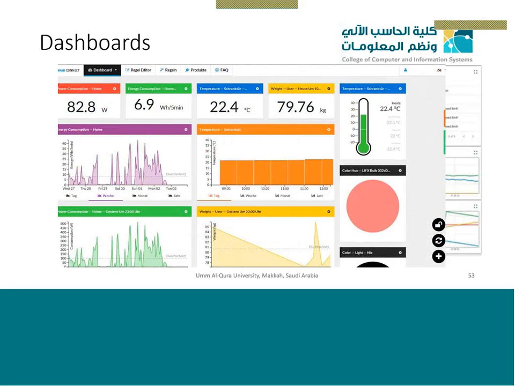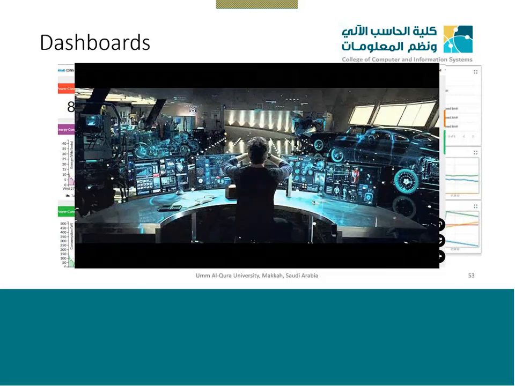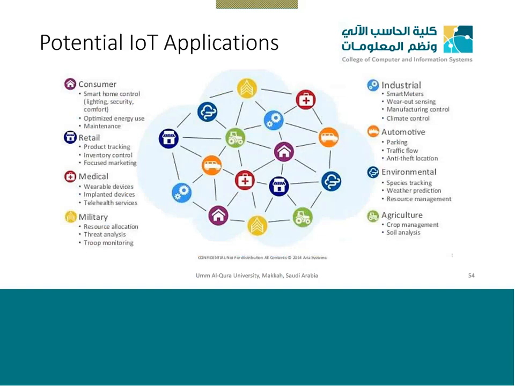And the basic thing is you can have a dashboard in any form, in any form factor. You can have it like Iron Man, and you can take any sort of inputs and display them on different types of holographic screens or LCD screens or whatever you want, on a big screen or whatever.